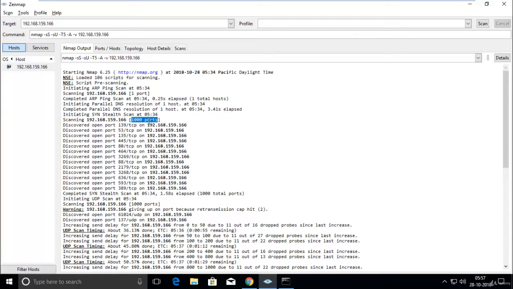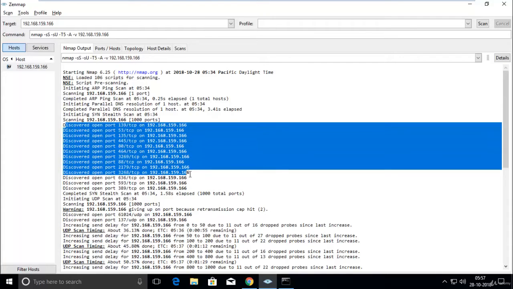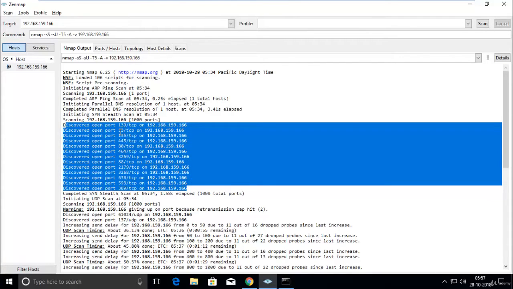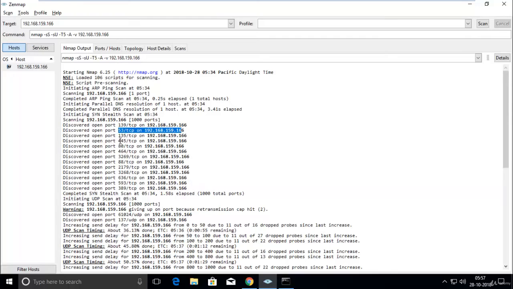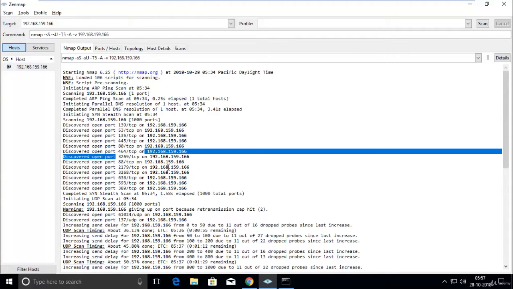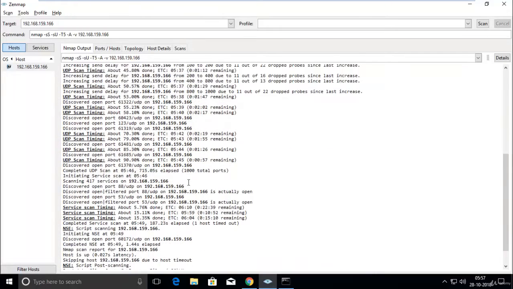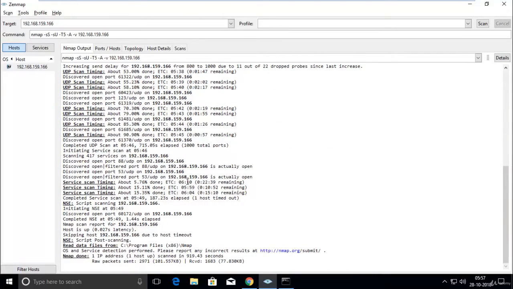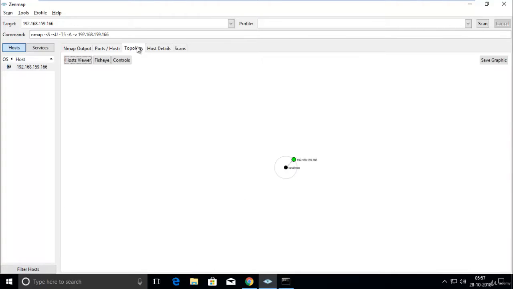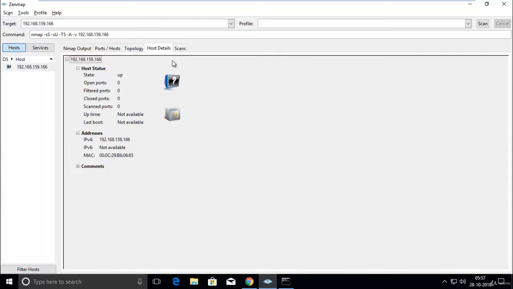The scan covered 1000 ports and discovered some live ports: 139 is open, 53 is open, 445 is open, 80 is open, 464 is open. So this is the port information for the target device. You can also sometimes gather port information and topology information here. Here are the operating system information and MAC address information.